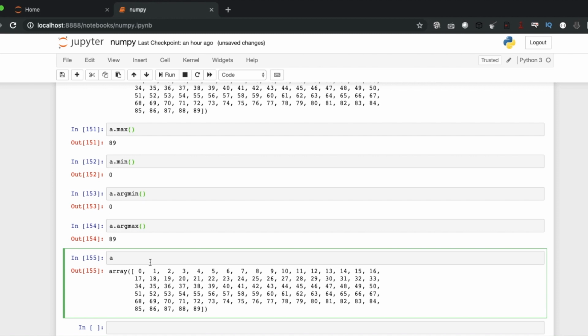Let's make a small array, np dot array with ones.